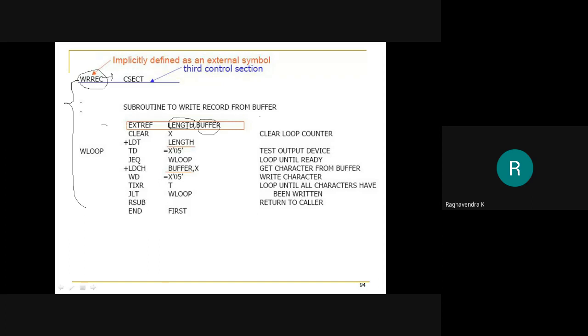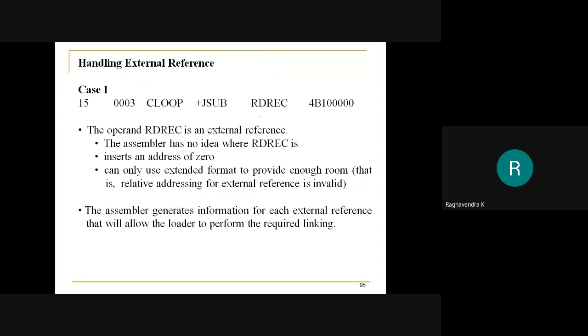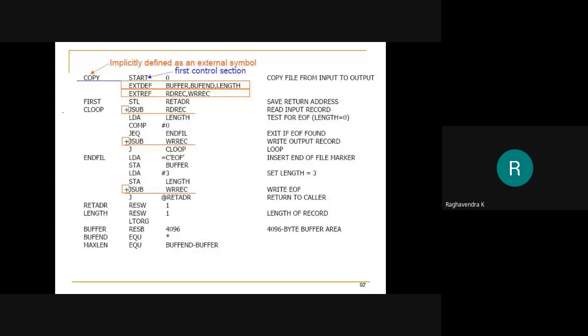Now we shall look at how the assembler handles external references. A sample instruction has been taken here at 0003, which is plus JSUB RDREC, so read record.